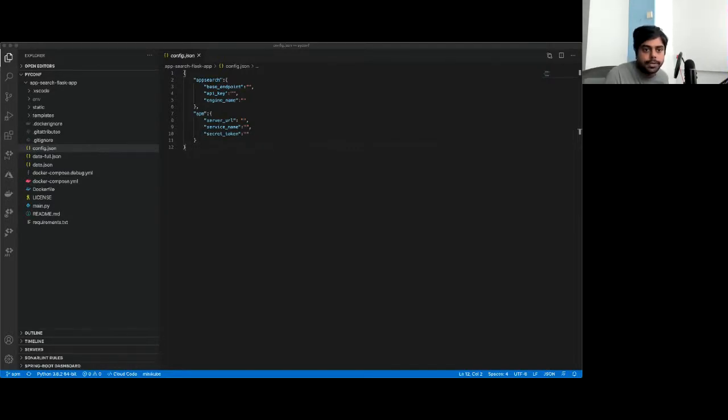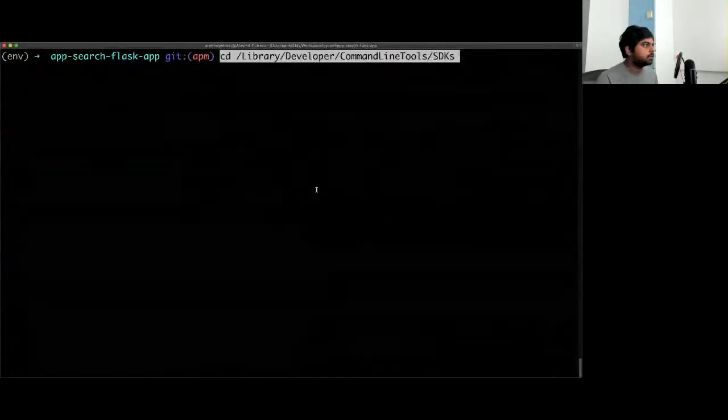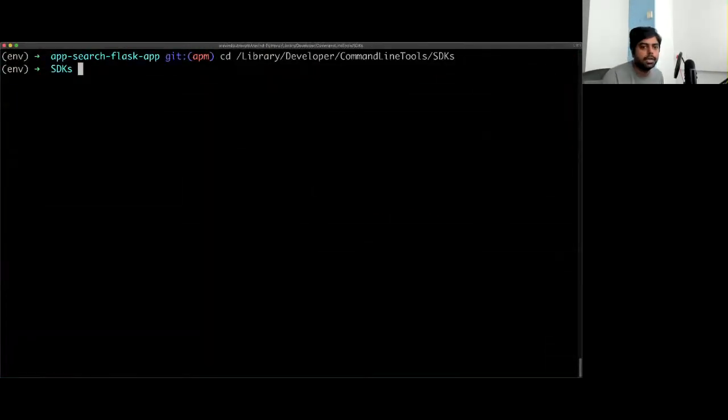Give me a moment. Great. So the SDK which is configured has a problem, and that is the major reason it might not be working. So I'll just clear off this stuff and run some sample commands.